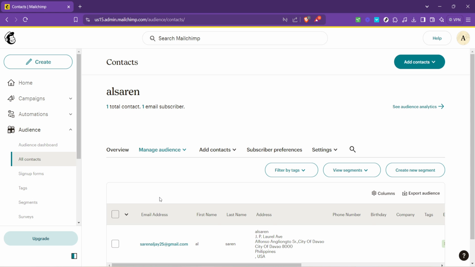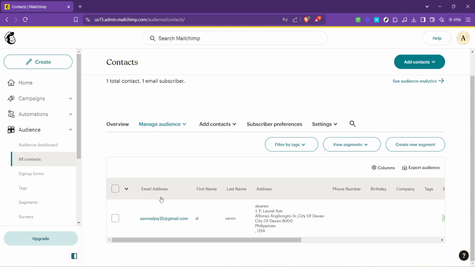Now, for the main event, removing a contact. In your list of contacts, identify the contact you wish to remove. You can do this by scrolling through your list or utilizing the search function if you have a large number of contacts. Once you've found the contact in question, you'll see that next to their details are several options for